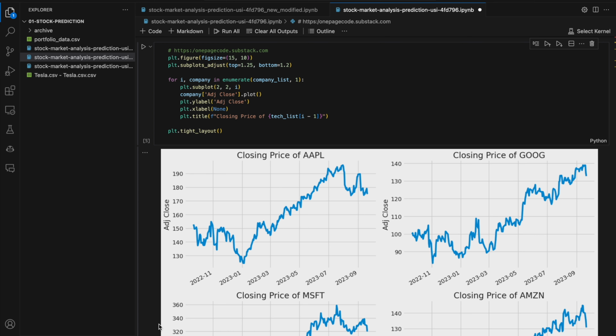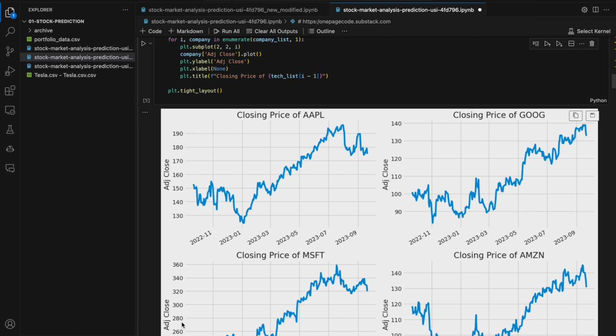This code generates a historical view of the closing prices for multiple companies. First, it creates a figure with a size of 15 by 10 units. The top and bottom margins are adjusted to ensure the plot is properly displayed within the figure. Then, it uses a for loop to iterate over each company in a list called company_list. Inside the loop, it creates a subplot in a 2 by 2 grid, and selects the appropriate subplot based on